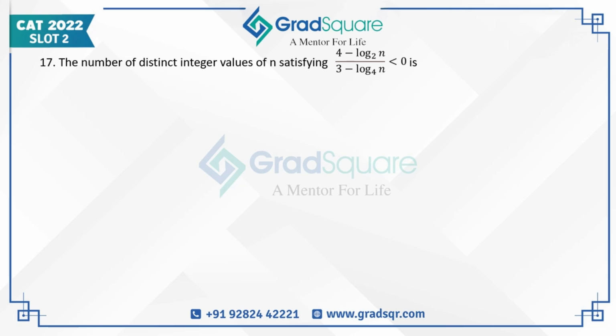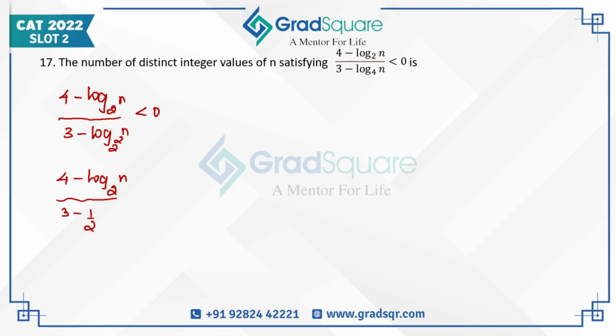Now in this question, we are asked to find the number of distinct integral values of n satisfying the given expression. So I am going to modify the given expression to simplify it. I am going to write this as 3 minus log of 2 to the power 2 n is less than 0. That means, using one of the identities, I can write this as 4 minus log 2 base n, and 3 minus 1 by 2 times log of 2 base n, to be less than